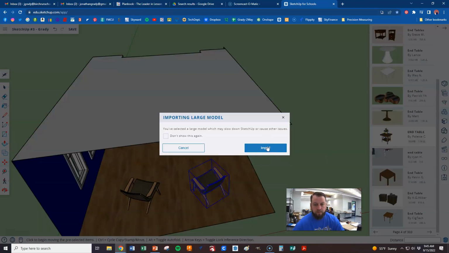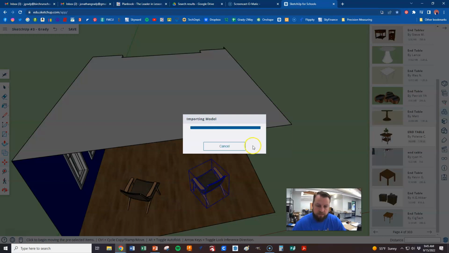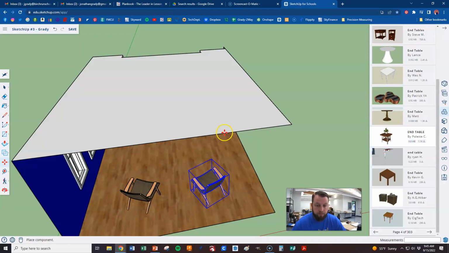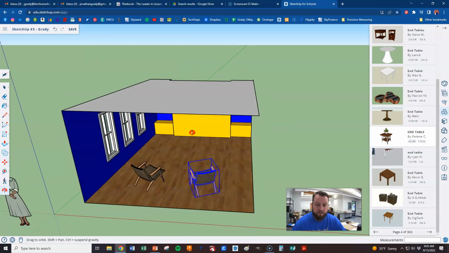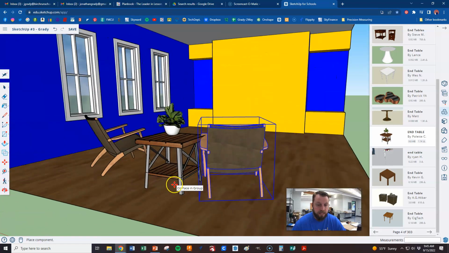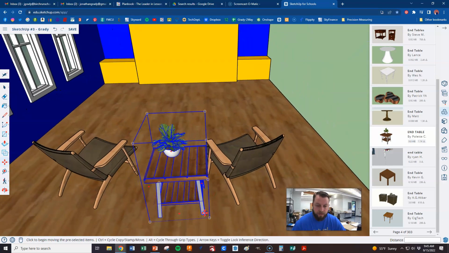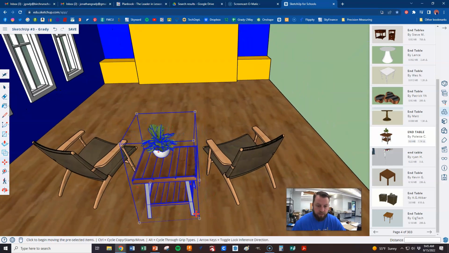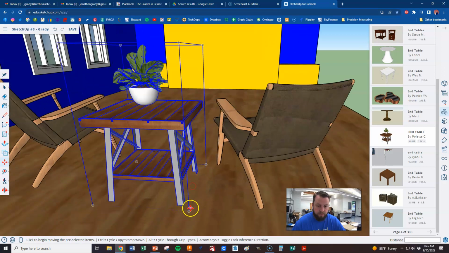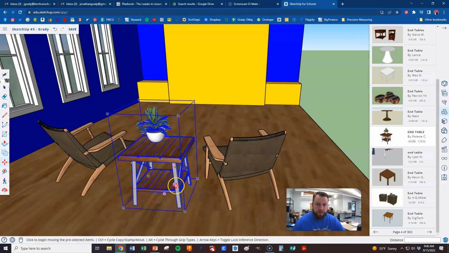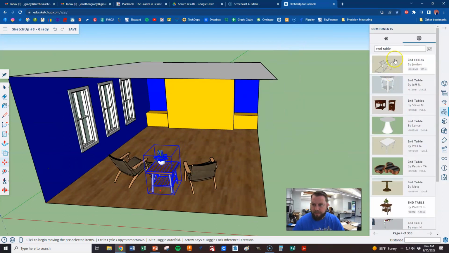Oh, it's a large model. Let's see how it comes in. So it asked me if I wanted to bring this really large model in. And it's really not that big. It just has a ton of detail. So I chose to bring that in, no problem. I'm just placing it wherever I want. There we go. And then maybe lastly,